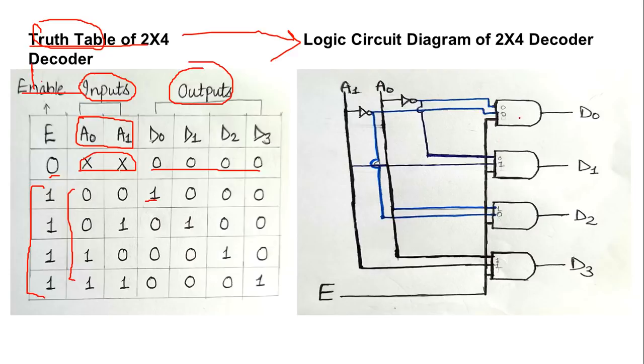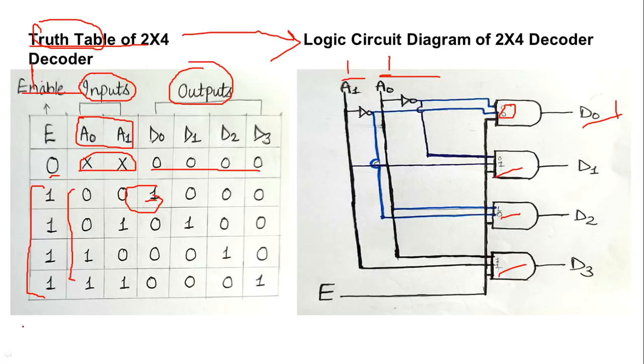So then I told you how we can design the logic circuit diagram. Again, A0 and A1 are there. The standard value of these, when we are designing the circuit as manufacturers, we consider it as a standard one. So accordingly, we will follow the rule of the truth table. What I am looking for, if I need some result from D0, D0 will be equal to 1 if both A0 and A1 values are actually equal to 0, 0. So I have written it with the pencil because this is rough work whenever we are designing the circuit.